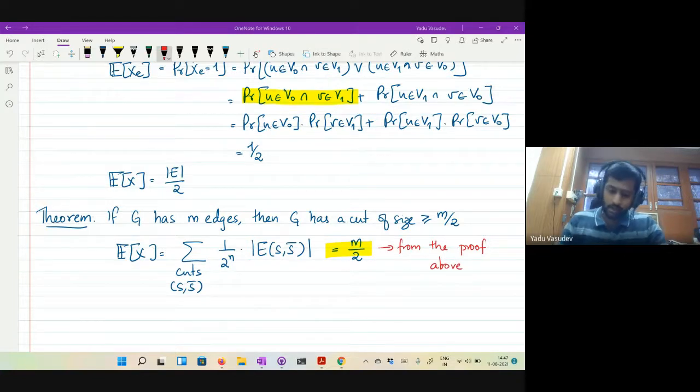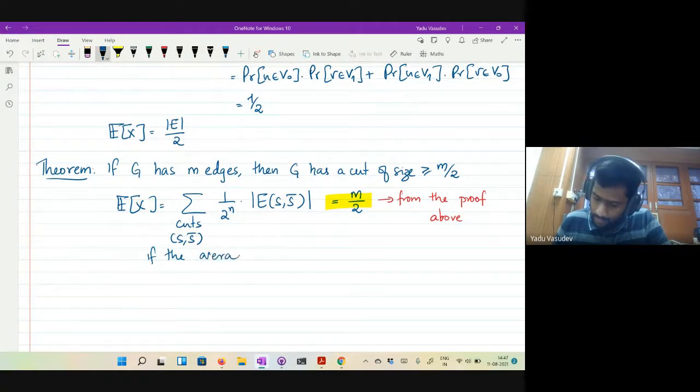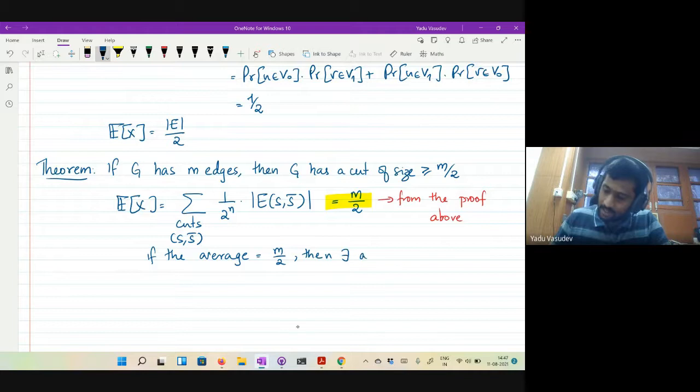Okay, so now what you can say is that if the average is equal to m over 2, then there must exist a cut whose value is at least m over 2, right?